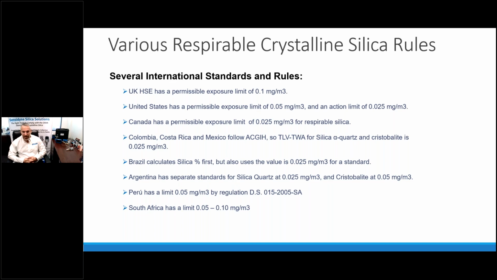Peru has a limit of 0.05 milligrams per cubic meter. And then South Africa also has a range, ranging from 0.05 all the way up to 0.1 milligrams per cubic meter. So again, over on my side of the pond,